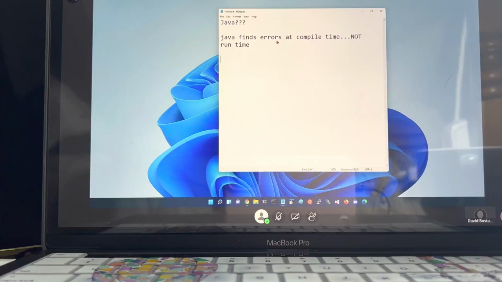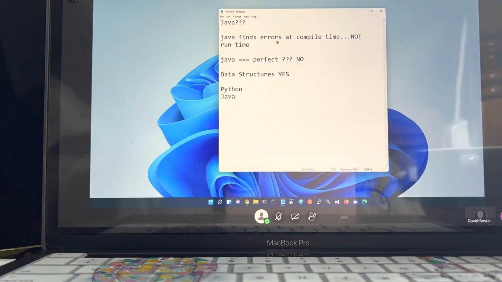Now that doesn't mean Java is the perfect language. Java equals perfect? No. Is it a good language to learn data structures with? Yes.